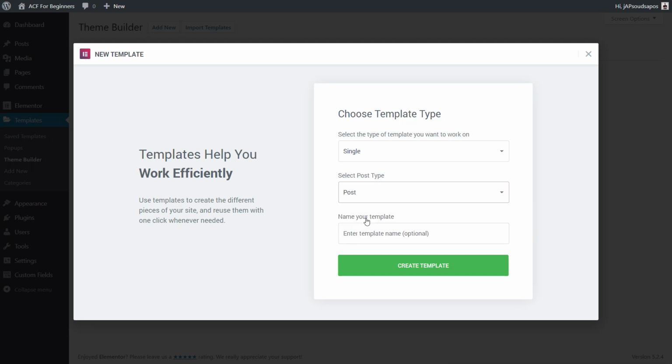So let's just choose post. Next thing we're going to do is give this template a name, and we're going to call this default single. So we'll know now this is the default template that's going to be used for all of our single post types. So we're going to say create template, and that'll then take us through into the Elementor editor